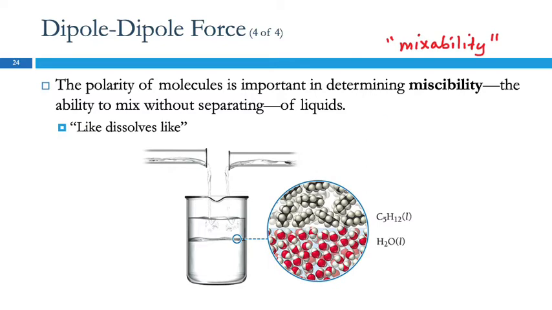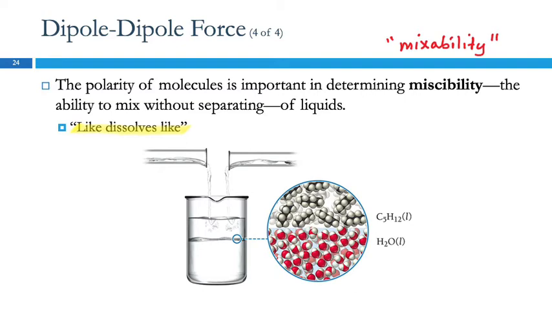So two liquids that are miscible in each other, you can mix them together. You could have a little bit of one and a lot of the other, or a lot of the first one and a little bit of the other. The proportions don't matter. They just mix together freely. And the expression we use to help us remember this is "like dissolves like." If you have two substances that are polar, probably miscible.